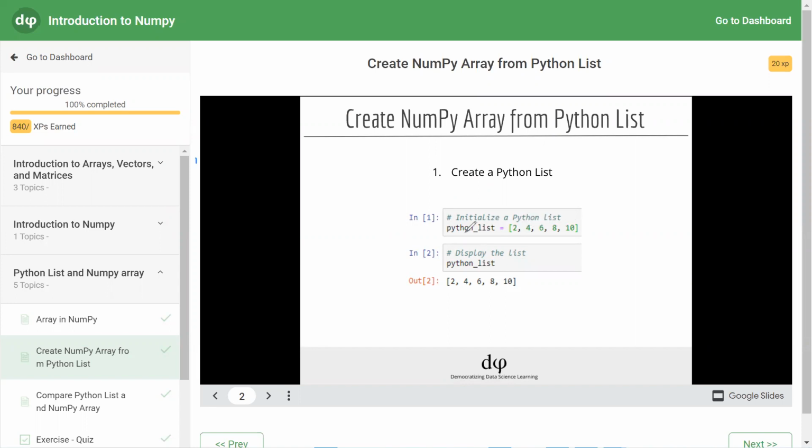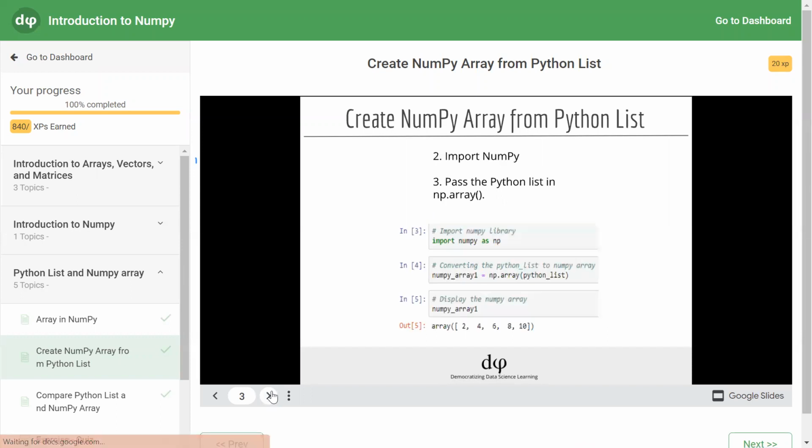This list is created and stored in a variable python_list. If we move to the next cell and print this, displaying this list on the user screen, it will display 2, 4, 6, 8, 10. So we have created a list first containing 5 integer elements.